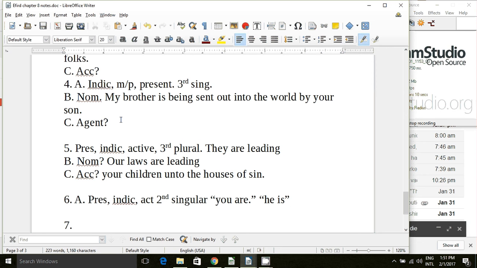So a teknon. Teknon is nominative, so that's our first nominative. You are a child. Yeah, I better put R in there. You are a child. Teis basileios, genitive of the kingdom. But, there's our conjunction. That divides the sentence in 2. That's why we have 2 different verbs. So conjunctions, and, but, or, are things that will divide a sentence in 2, as well as you should look for commas, things that are dividing our clauses together. So our first clause, you are a child of the kingdom, a teknantes basileios, but